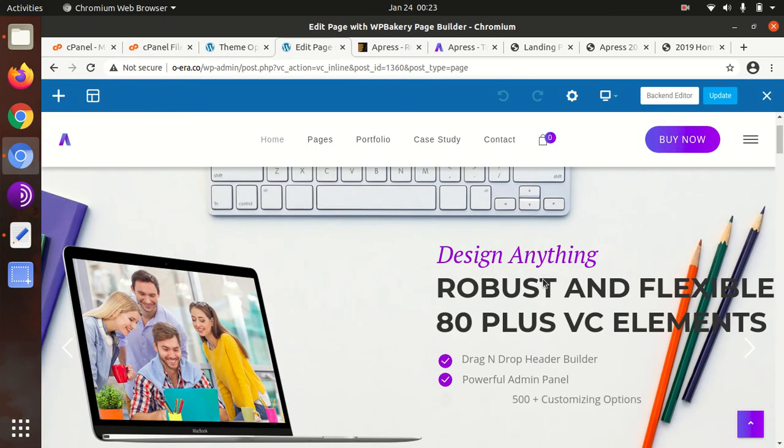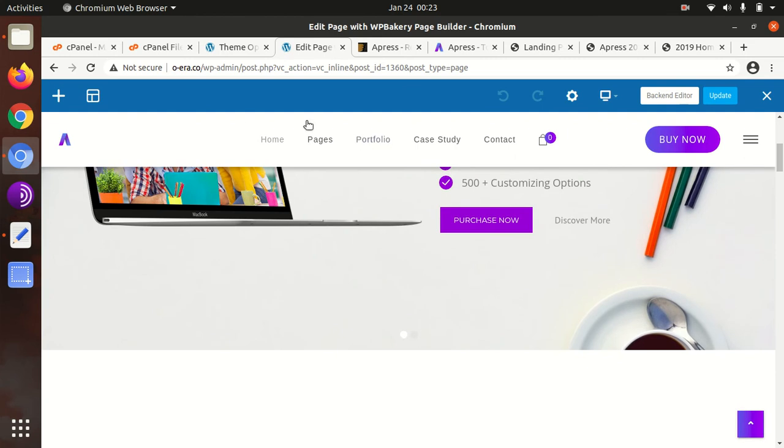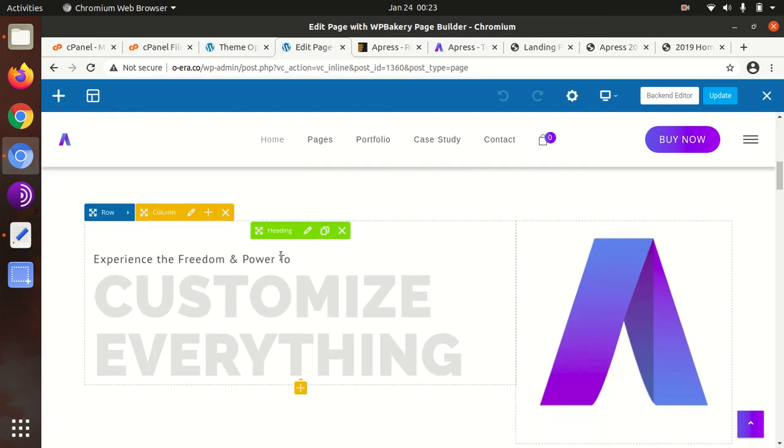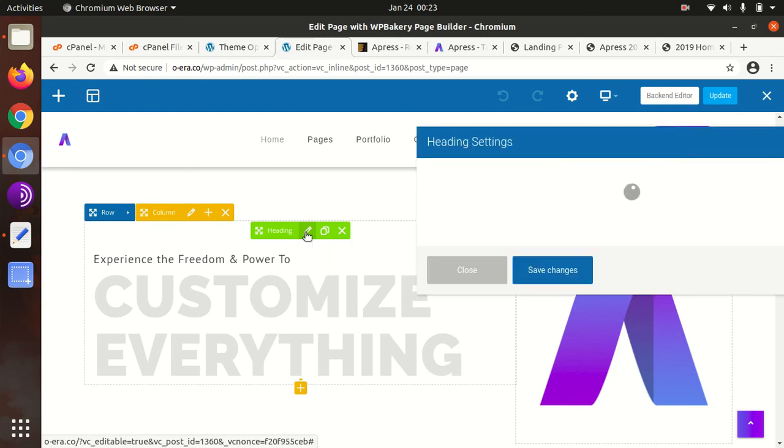And you can choose to edit any section from front-end editor, and even you can use backend editor. I'll show you again how to use backend and front-end editor. This is front-end editor. You just click on pencil icon to change the text, enter the text,